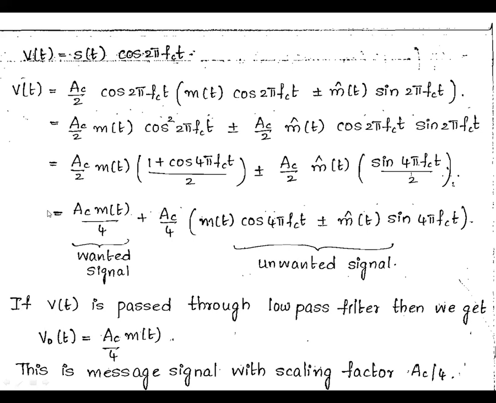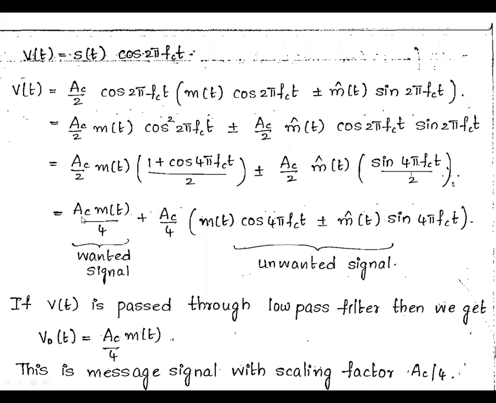In the block diagram there is a low pass filter. The low pass filter allows only the low frequency component and attenuates or rejects the high frequency component. That is nothing but the FC of t component. That frequency of the signal is attenuated by the low pass filter. It allows only the low frequency signal.